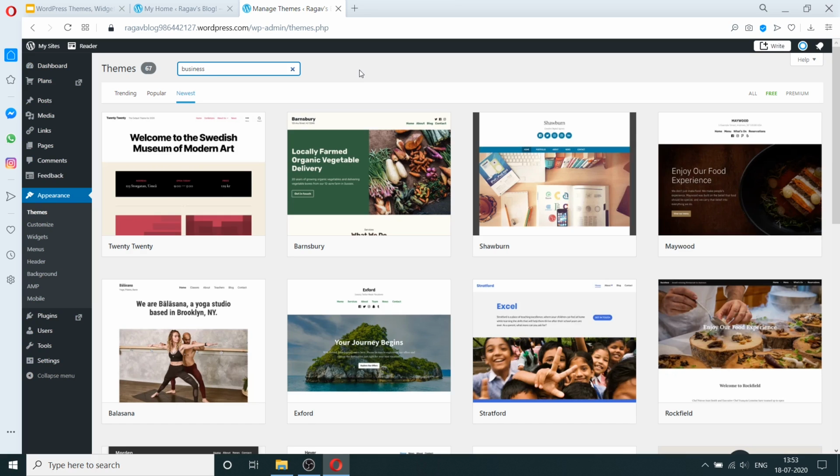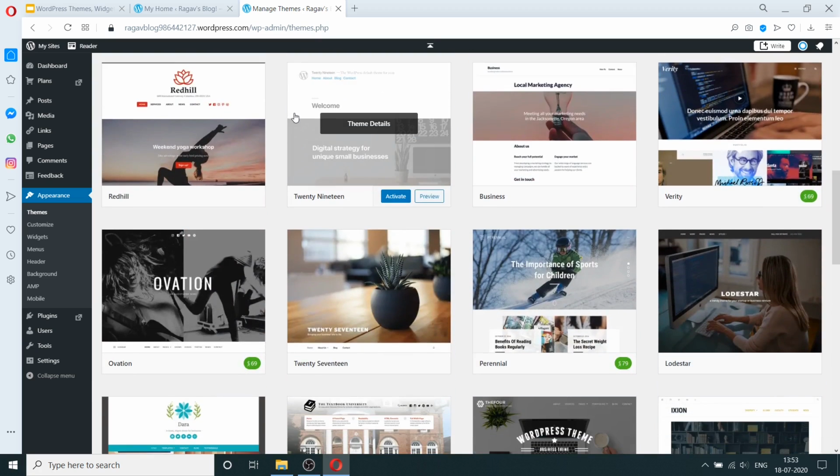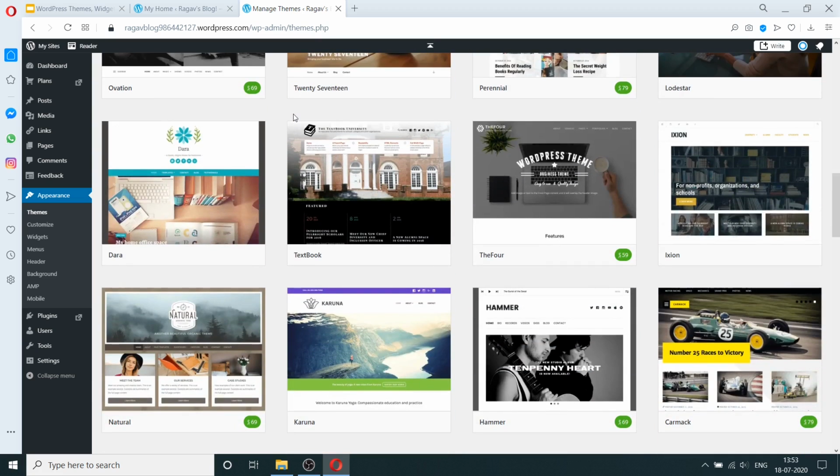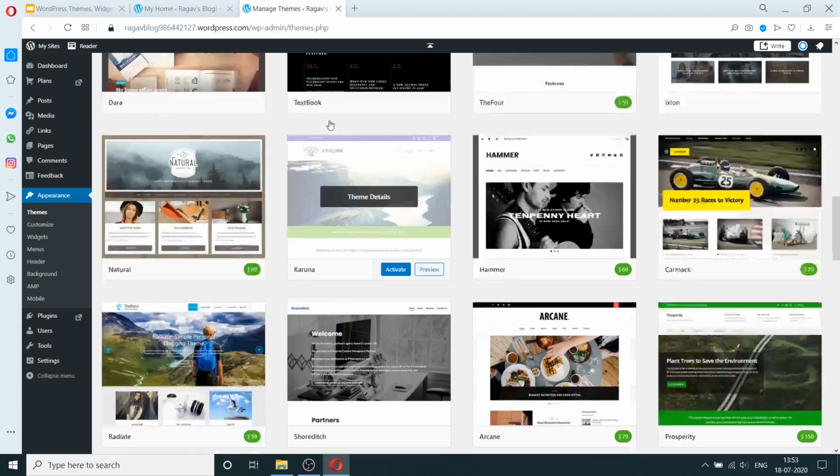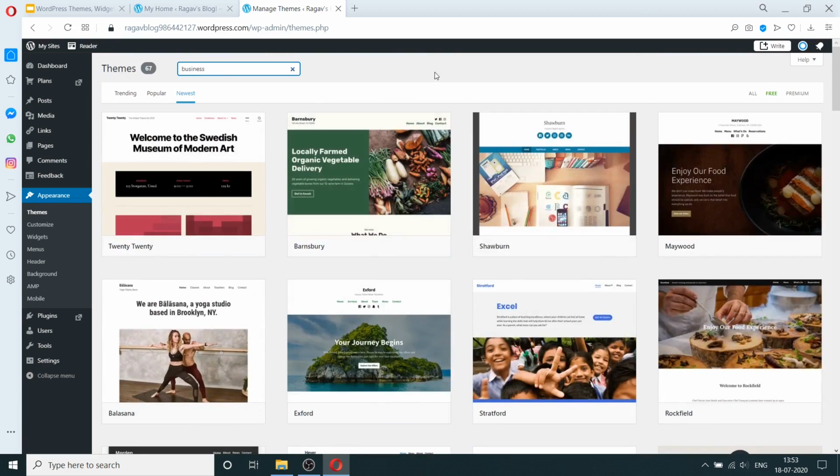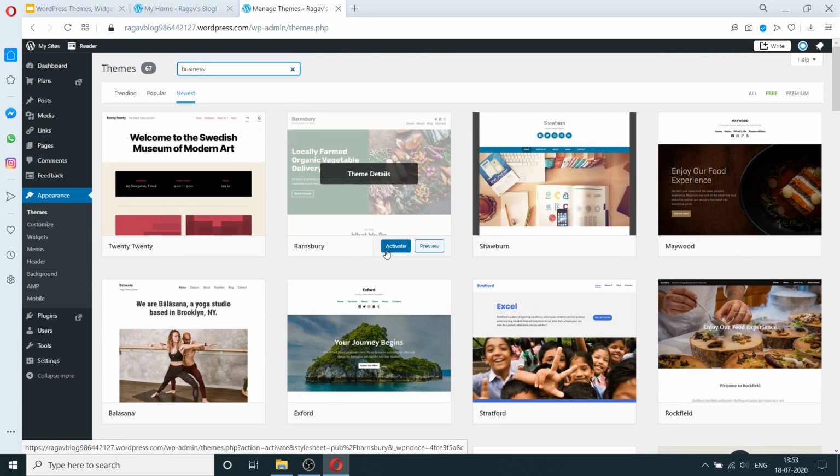You can select keywords that are relevant for what category you're looking for. So if you want to do a shop, you can try looking into business, because a shop is a kind of business, and you can see what kind of themes are relevant for that category. Like this, you can figure out which theme to use based on the kind of website that you're building.